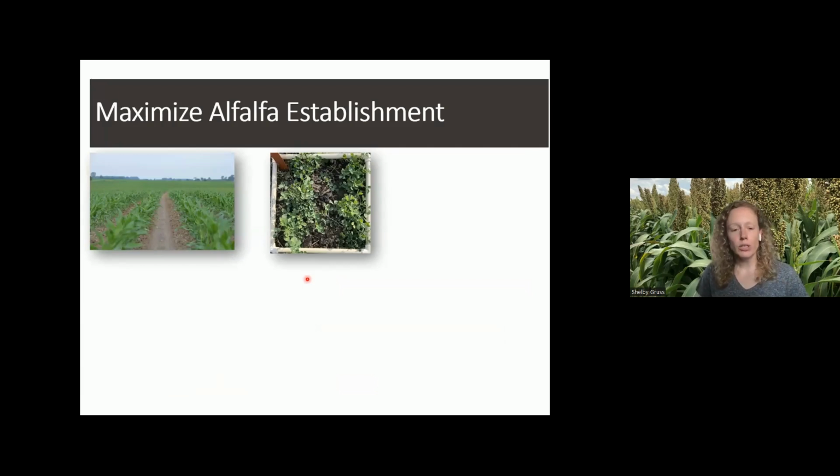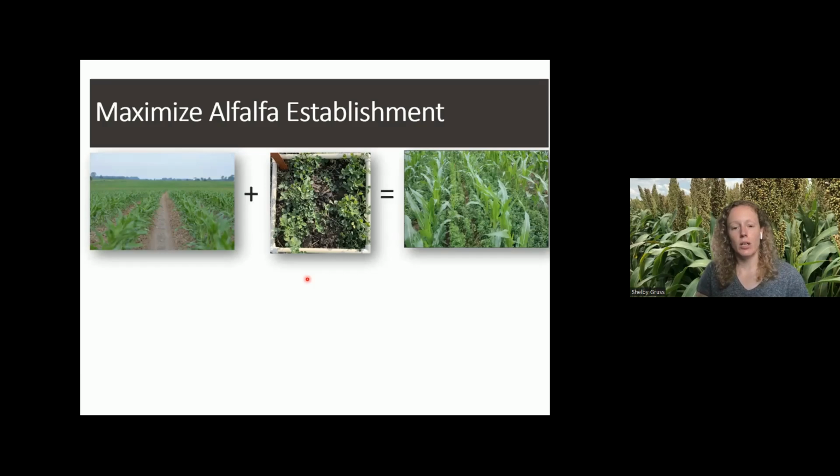But there's been some research going on trying to figure out a way to help with the alfalfa establishment year, because that's a big part of why people don't like planting alfalfa: you don't really get a crop that year. And so they're basically using corn silage as an alfalfa nurse crop. They plant it in 30-inch rows. They plant the alfalfa at the exact same time. The alfalfa is growing between the rows, and this is giving an opportunity to get a corn silage cutting the